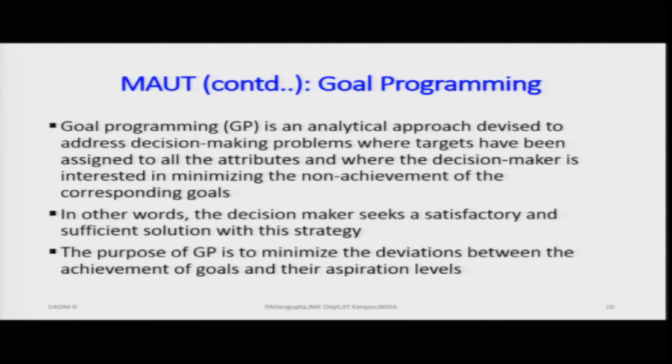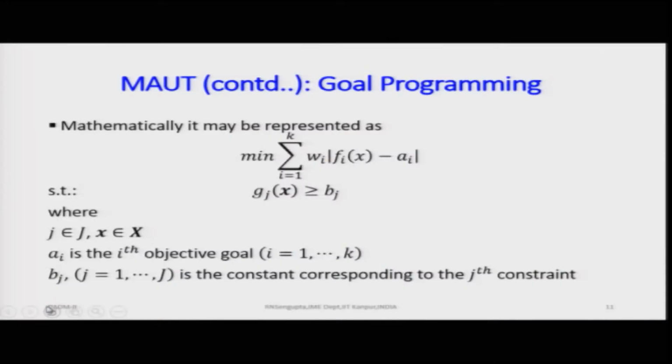So, how would you do it? Mathematically, if you want to minimize the perturbation, you want to minimize the deviation between the functional value and the attainable value of the attribute. So, for each function value f1, you have an attribute a1 and you want to minimize the dispersion of f1 and a1, similarly f2, a2 and so on and so forth. Now, I am not mentioning f1(x) or f2(x), because x is basically a vector and can be done accordingly. So, I am only considering the functional form.